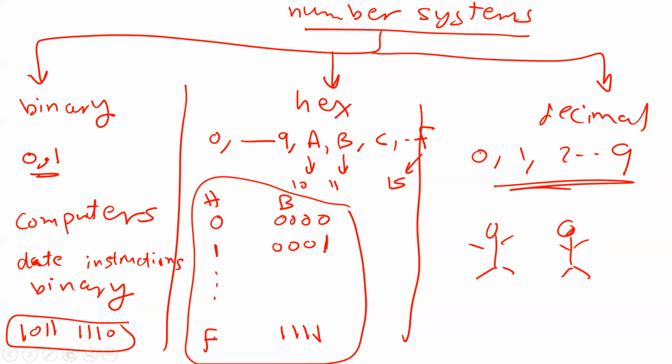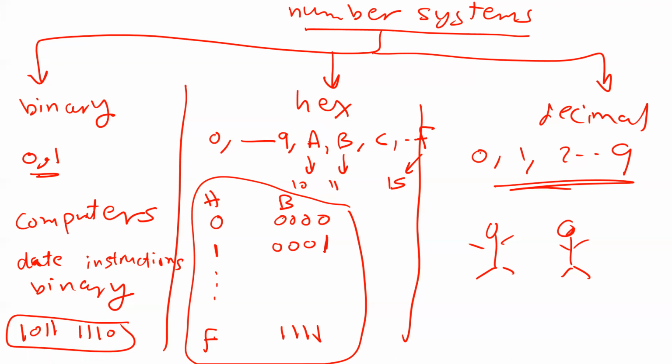Anyway, someone can ask me now, okay, we have only 2 players here. We have humans and we have computers, okay? Computers are using binary, humans are using decimal. So why do you need hexadecimal in this course? Who's using the hexadecimal? Okay, number one, no one is using hexadecimal. So why are you using hexadecimal here in this course?